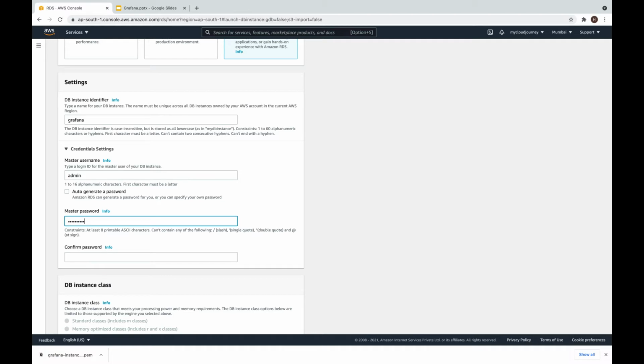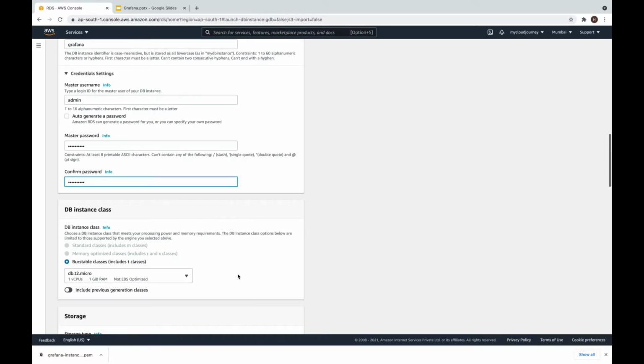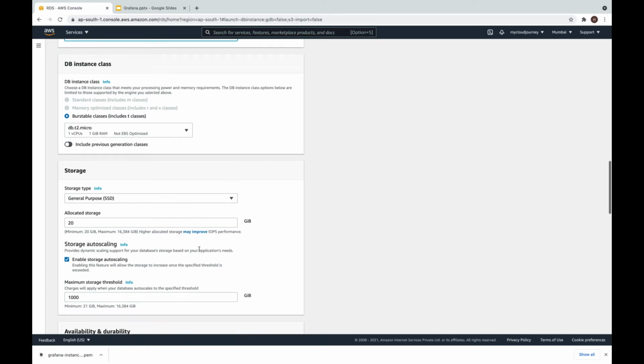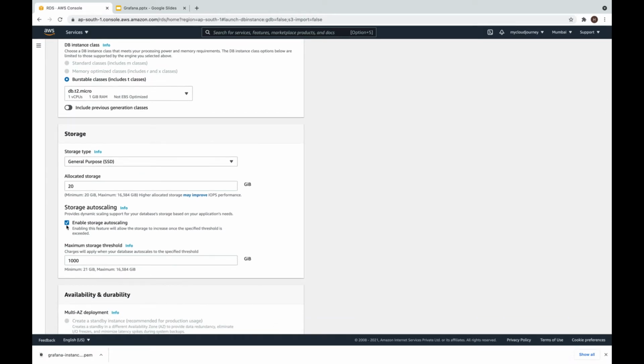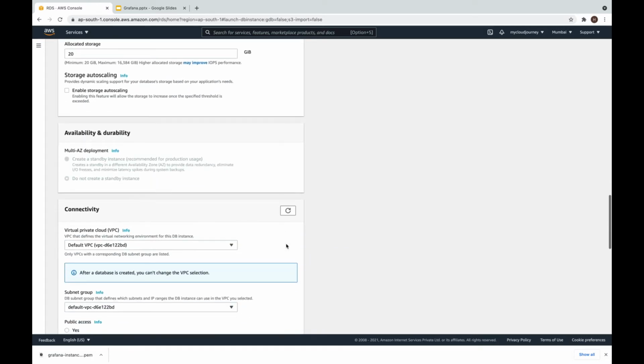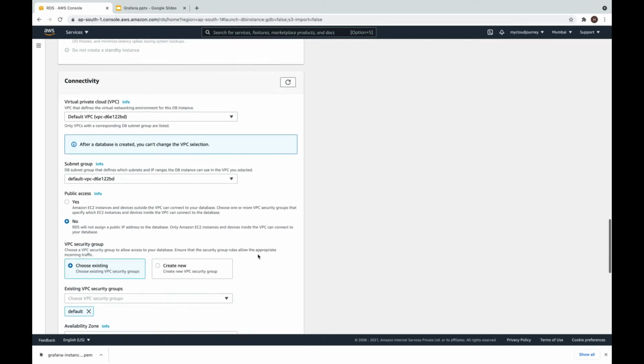12345, confirm password admin12345, instance type is T2 micro, 20 GB of storage is fine for my database because this is just a demo. I don't want auto scaling. I will go with all the default settings, default VPC, and database I want publicly accessible, so I can connect to database. I can see what tables are created by Grafana,